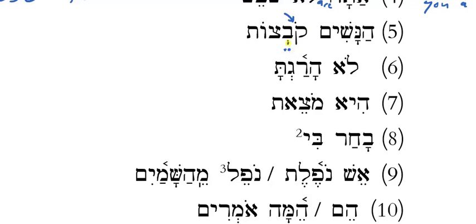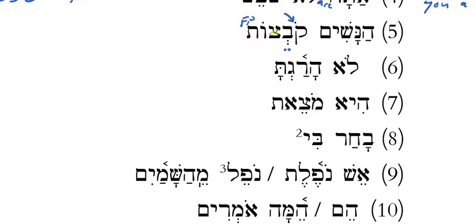Because it reduces to the vocal shva when I add endings over here, these vocalic endings, okay? So you want to be thinking O-A, O-A, O-A, but remember, it can become O-A when you add the feminine singular, masculine plural, feminine plural endings too. Kovetset becomes kovatsot. So what is nashim over here? Hanashim. Is that the men or the women? It's the women. And does that explain why we have a feminine plural ending here?